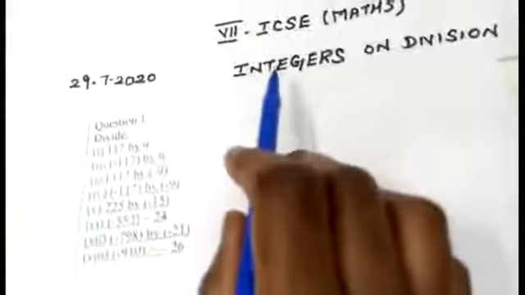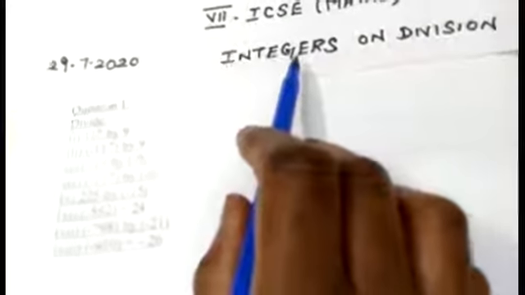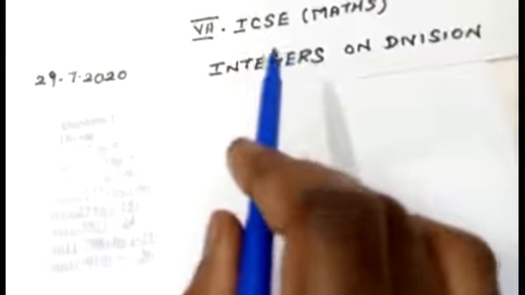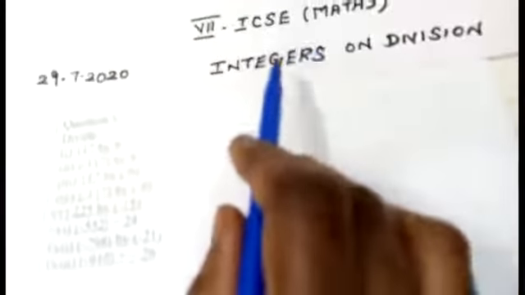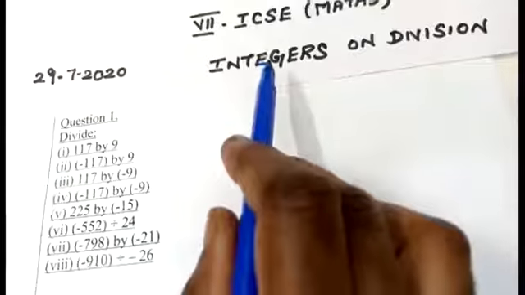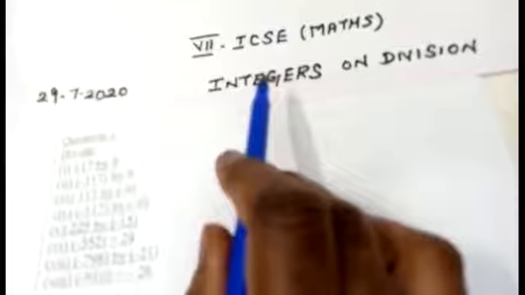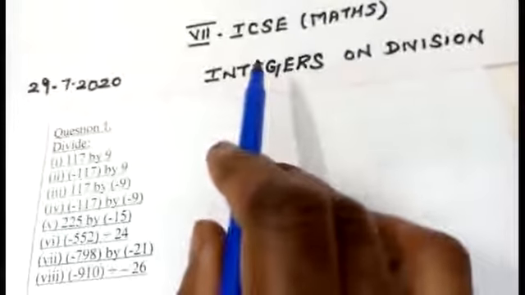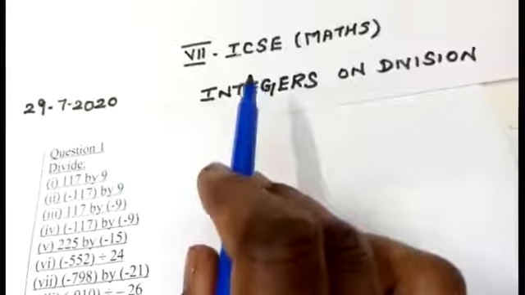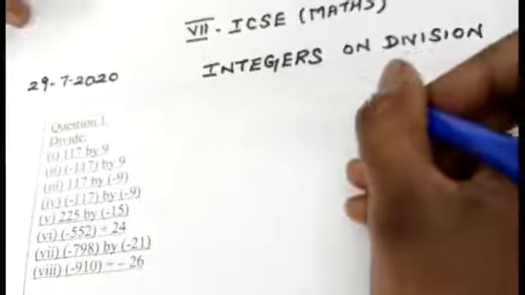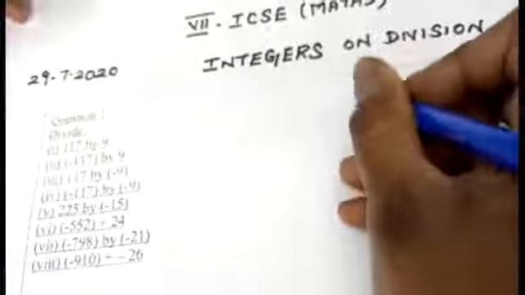We are going to see the concept of integers. Integers means, I told you, it is a combination of positive, negative and 0. Now we are going to see the operations, that is, integers only on division. In division we are going to see how this integer is going to be worked out. So before starting with integers on division, we should know what formula I am going to apply here.